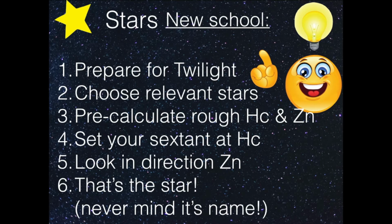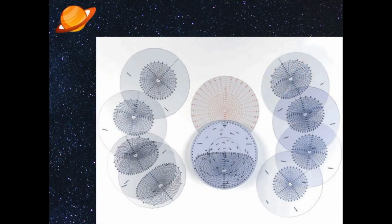And as I've mentioned a couple of times, what you do is you set the sextant to that angle, you look into the direction of the azimuth, and that's the star. And never mind its name, there are so many nice names of stars. If you want to do the old school, or if you are not quite sure which star it is, or if you want to know where the planet is in the sky, then we have these star finders,